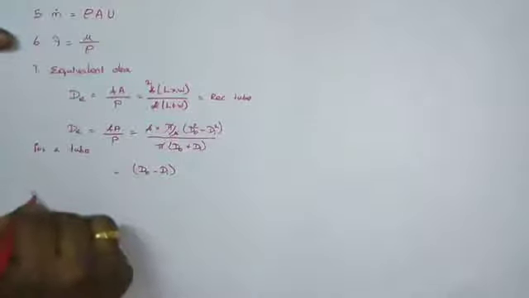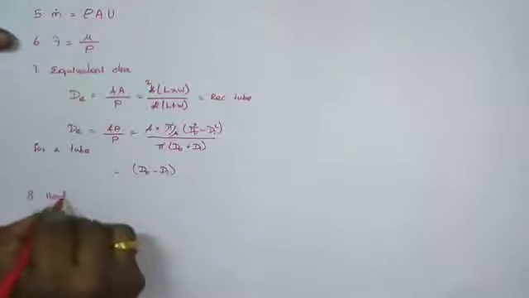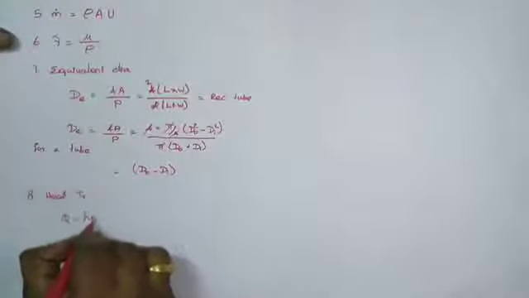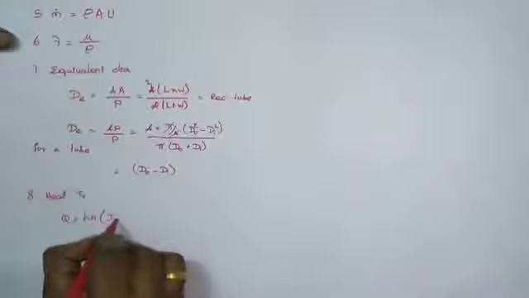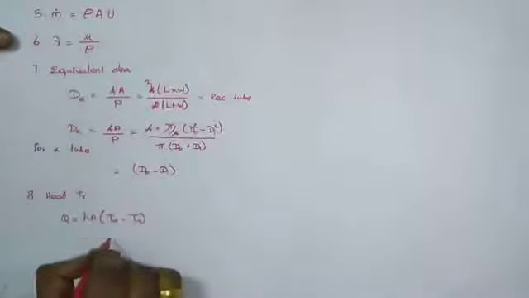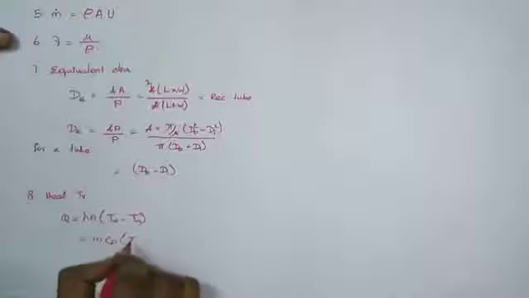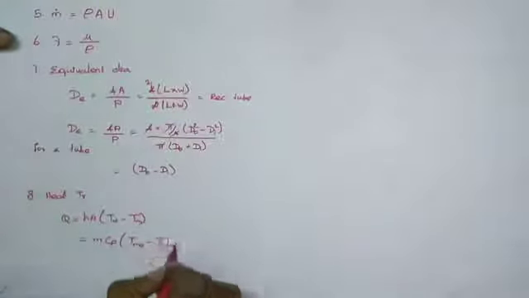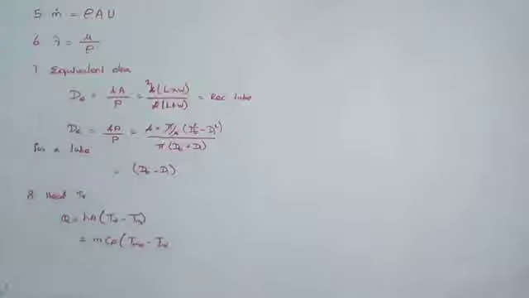So the eighth formula is heat transfer. Q equal to, you know that, hA into (Tw minus T mean), which is also equal to m Cp del T, that is Tm outlet temperature minus Tm inlet temperature. These are all the formulas you are going to use in the internal flow. Now we will solve one problem.